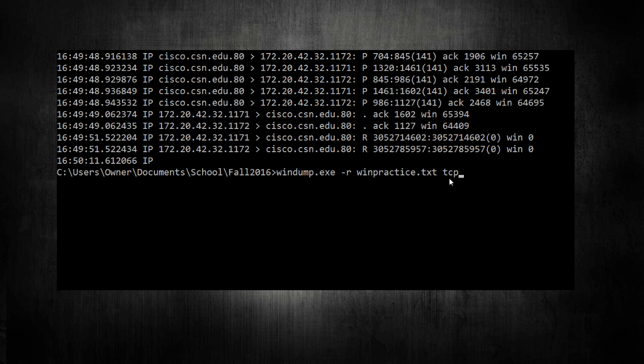What we want it to do is go 13 bytes in, and then if it matches our specifications, to pull it out. So it's looking at the TCP header, going 13 in, and then we tell it that if it equals whatever we decide, then to pull it out.